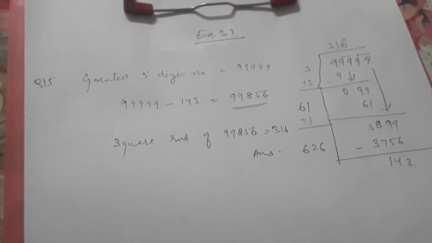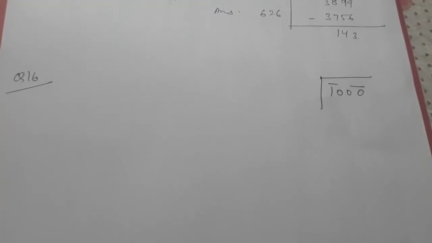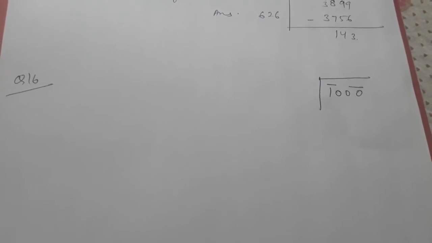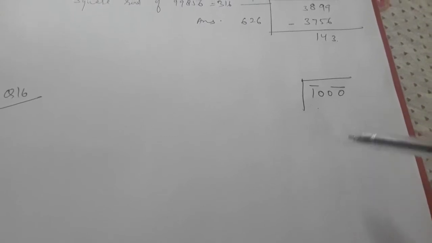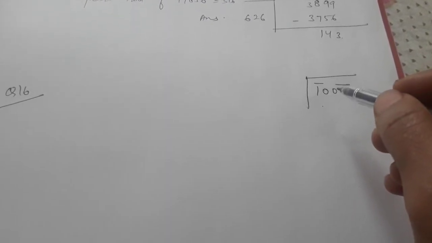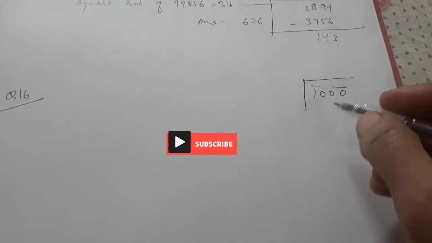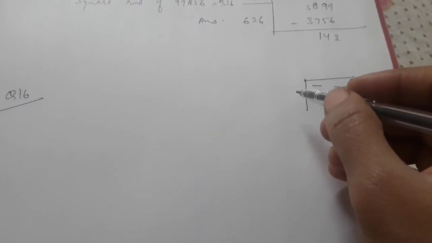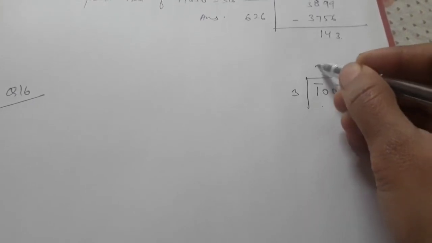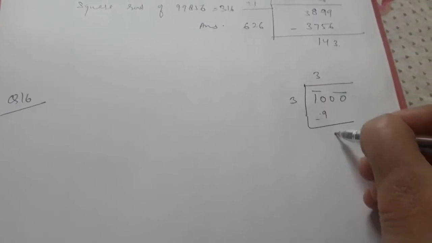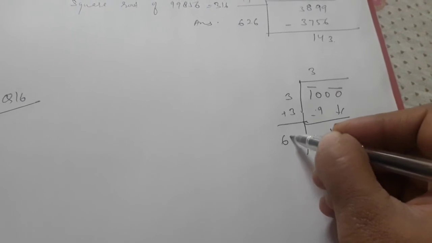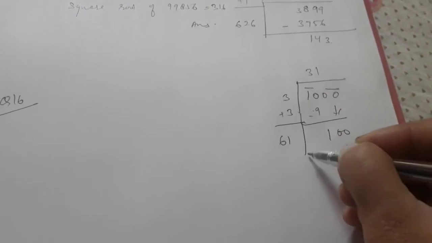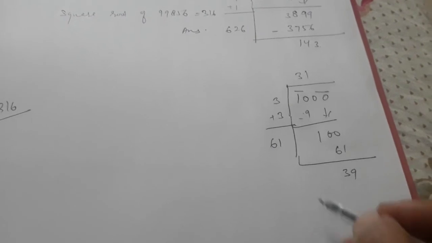Now we will proceed with question number 16. In question number 16, we have to find the least number of 4 digits which is a perfect square, and also find its square root. So the least number of 4 digits is 1000, of course. So we have to find the least 4 digit number which is also a perfect square. The same method of long division will be followed here. 3 3s are 9, minus 9, the whole pair will be brought down, 3 plus 3, that is 6. It will go by 1 only. 61. Our remainder would be 39.